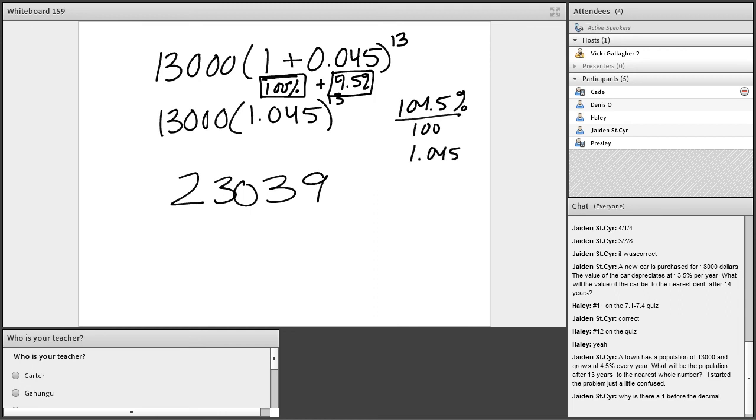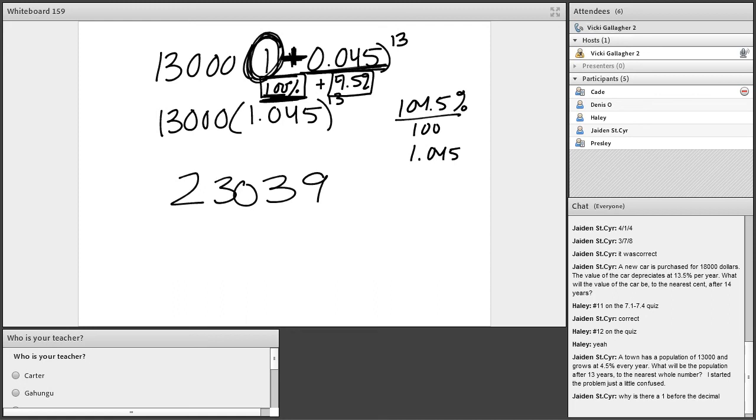And so anytime you have a percentage problem, you always need a 1 right here, and that represents the current people that are living there, or the current amount of money you have, or whatever it is. It's saying this is 100% of what I currently have,